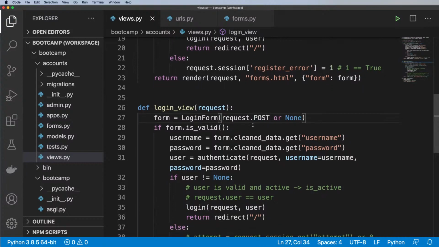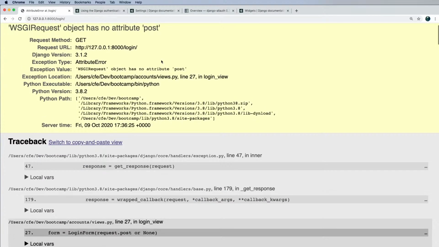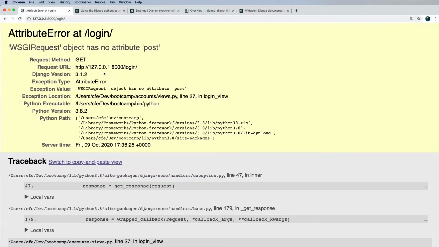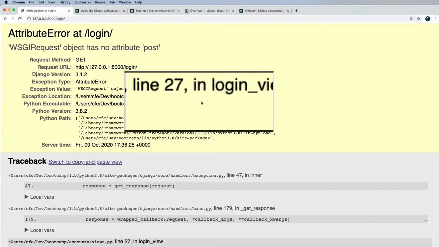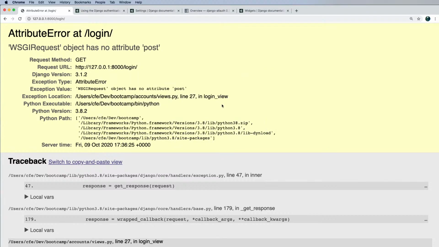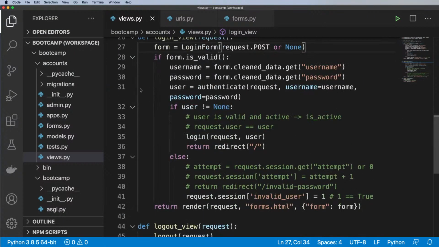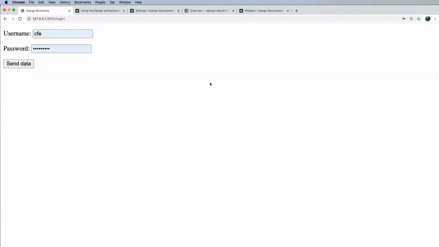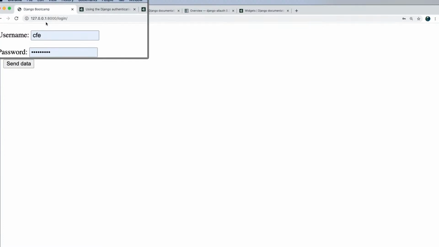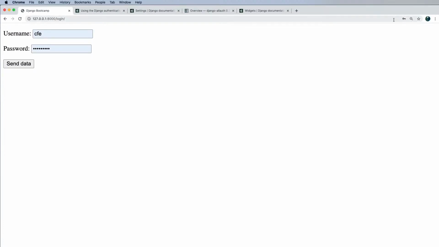But even if you didn't, we caught it now because Django is amazing and tells us exactly what's wrong and where to find it. Line 27 in login view, line 27 request.post. Okay, very simple error, very silly, easily solved. Okay, so we've got a username and password. Now, granted, if your Chrome browser or Safari or Firefox, whatever you're using, doesn't actually store the password itself, then this will be blank. In my case, it's not blank, so I've got this right here,